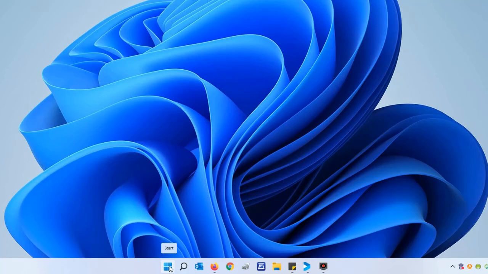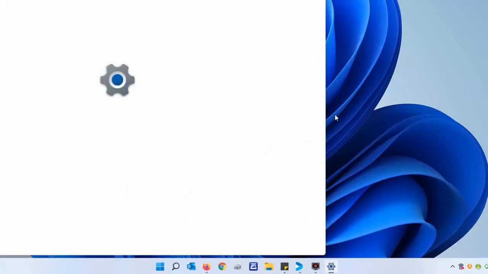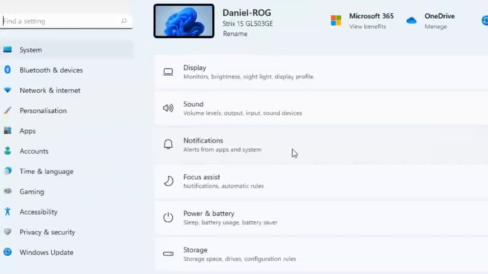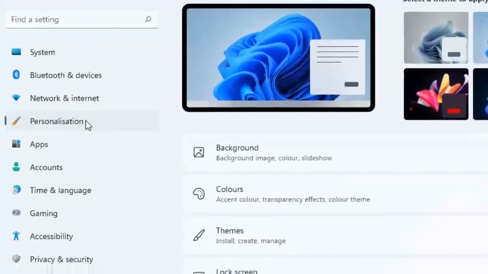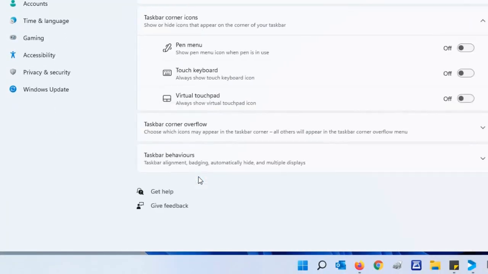So if you click on the Start button, you want to go into Settings. Once the settings are open, you can go over to Personalization, and on the main part, go down to Taskbar. You'll see Taskbar Behaviors, which includes Taskbar Alignment.